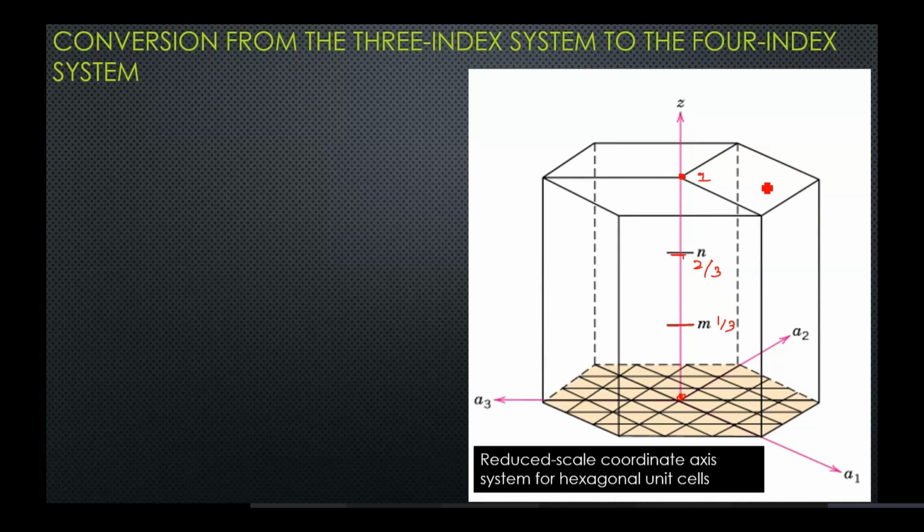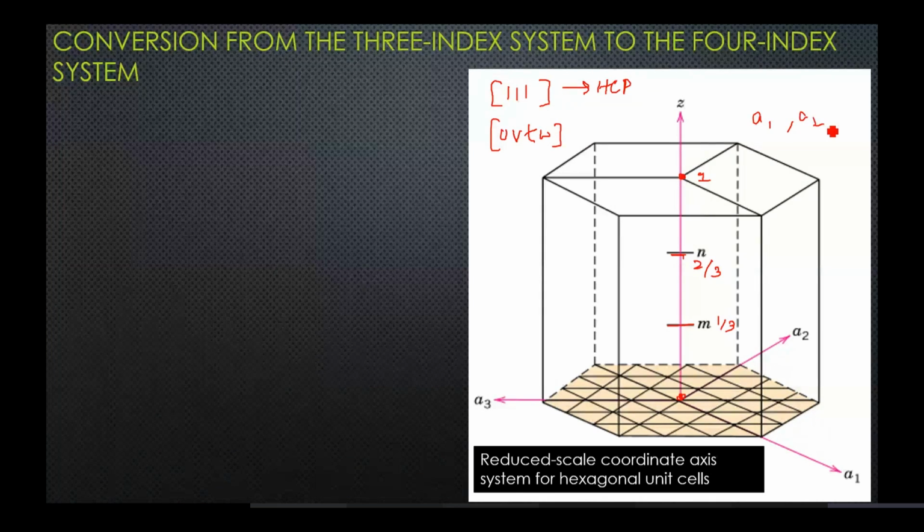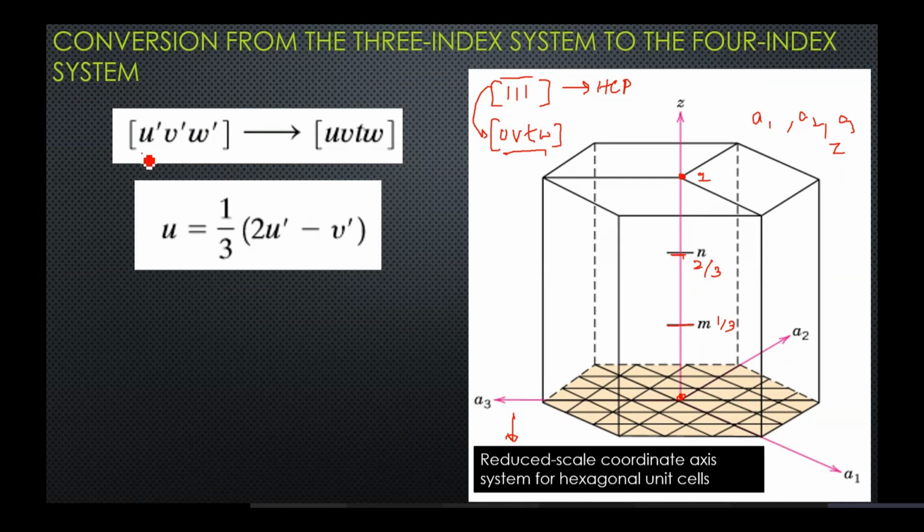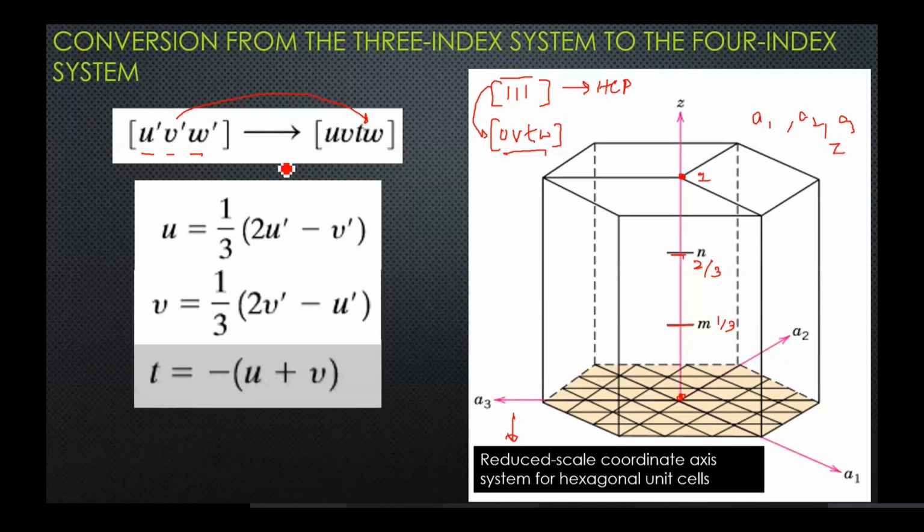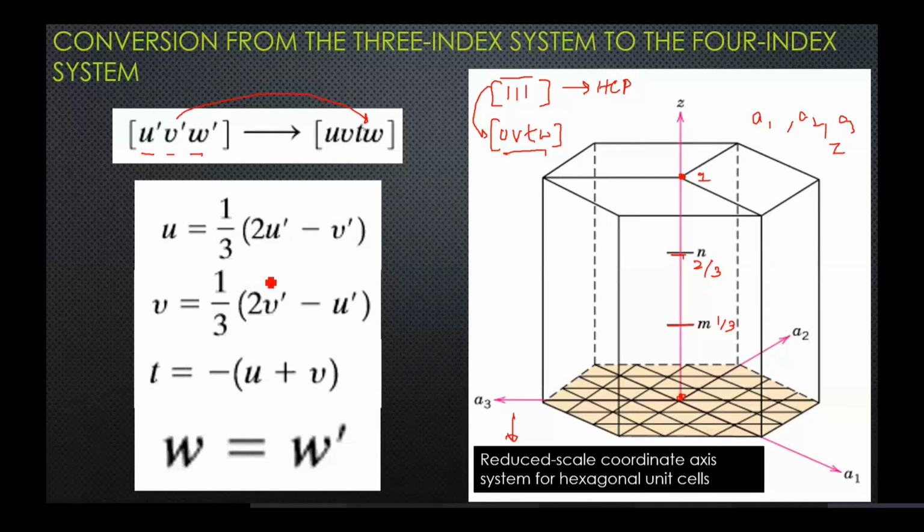Great. So if you have three indices given to you, 111 let's say, for HCP, and you have to convert it into the UVTW 4-index system, or the reduced coordinate system. This coordinate system, A1, A2, A3, and Z-based, is known as the reduced scale coordinate axis system. The 4 indices system is known as the reduced scale coordinate axis system for HCP. So if you want to convert the normal 3 indices to the reduced scale coordinate axis system, you have this conversion to convert it into